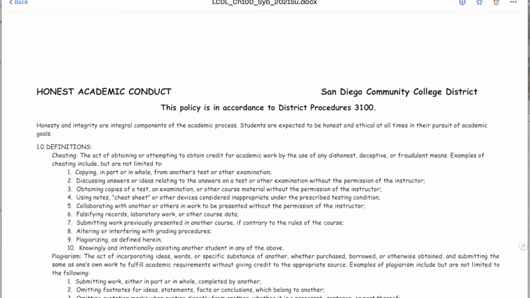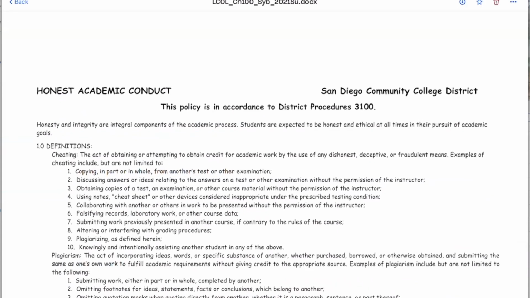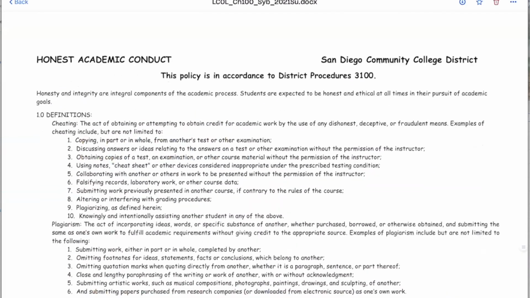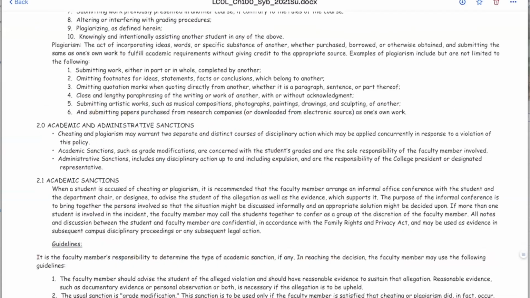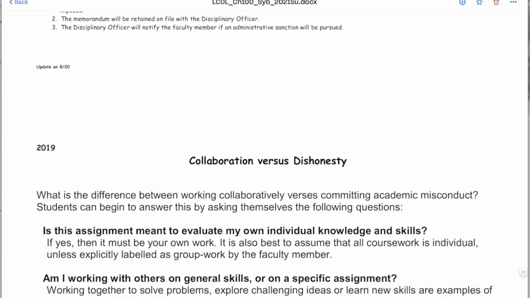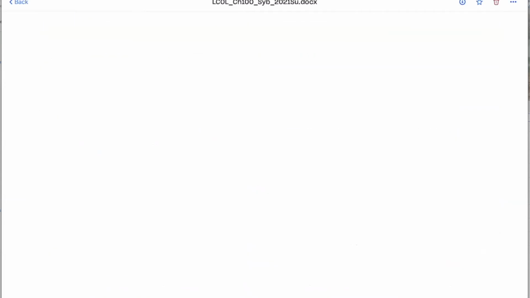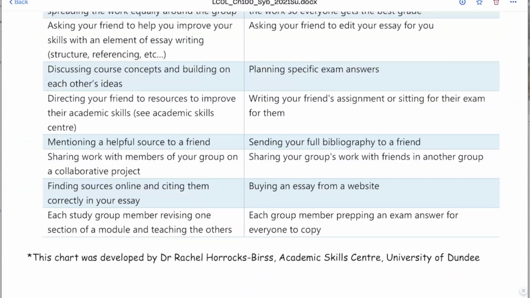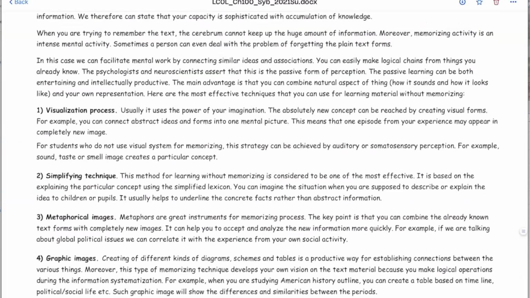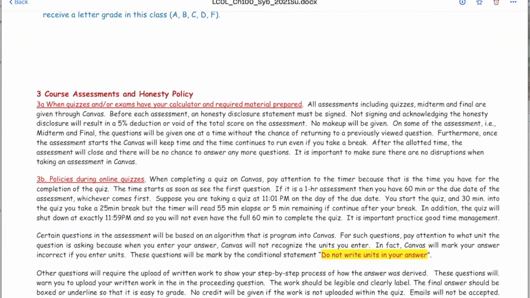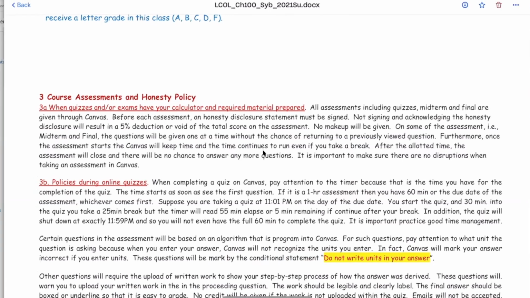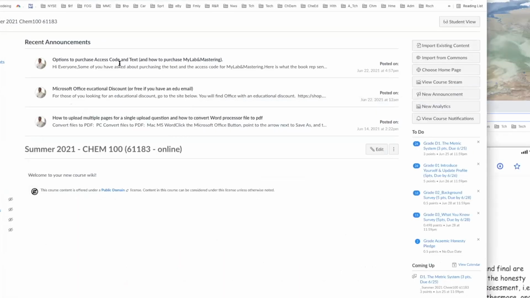You guys have a bunch of questions in your syllabus quiz on this document right here, so make sure you read it. And then the difference between collaboration and dishonesty. Make sure you read that as well. And that basically is the course syllabus for this particular class. You do have a syllabus quiz, so it's all going to be based on this document as well as the